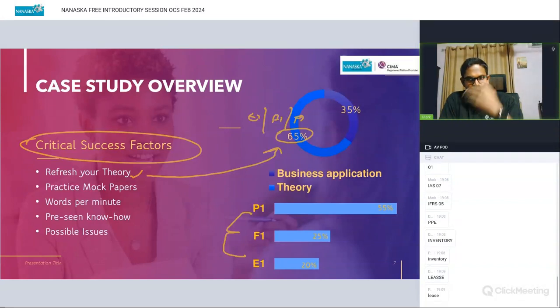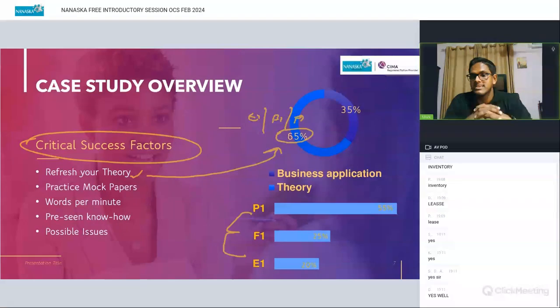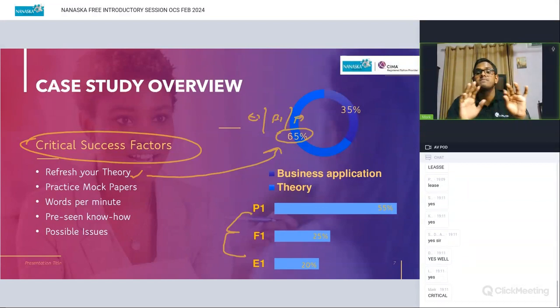You also got to start working on your own to make sure you are competent with the theory, especially E1, F1, P1, right? So did everybody understand the importance of your theory by looking at this? Did everybody understand how important your theory is, especially for the operational case study, when it comes to answering the paper? Very good. It's critical, right? If I am to rate it, the knowledge of your theory, E1, F1, P1 is critical for you to pass. 70% of the case study, 60 to 70% is coming from that. So might as well you prepare yourself, start now.